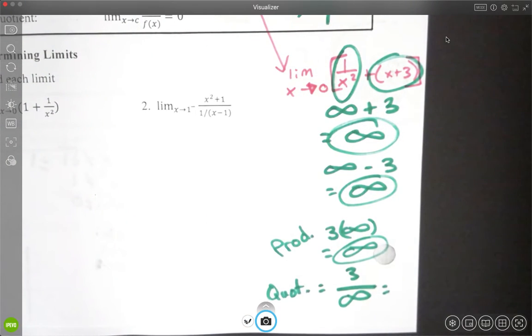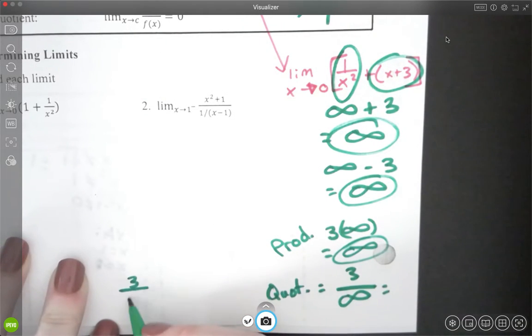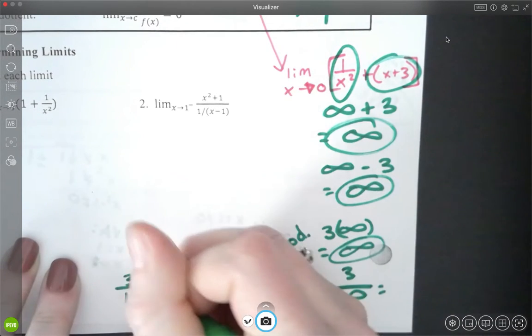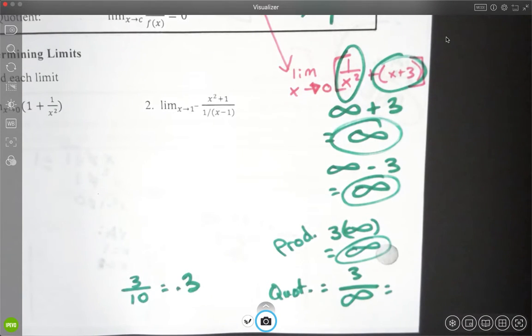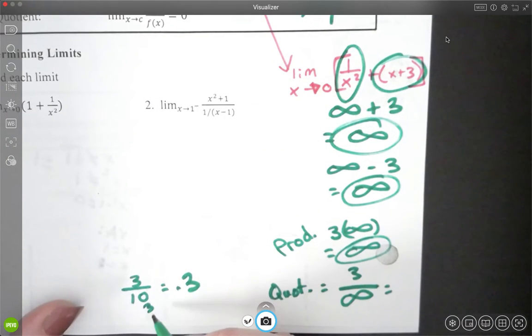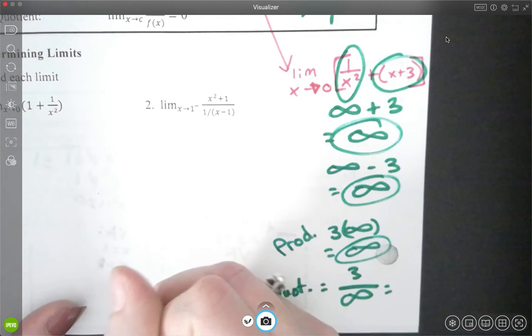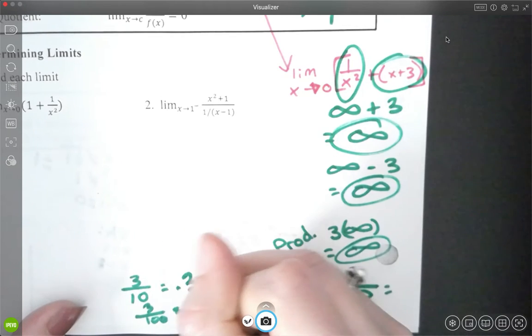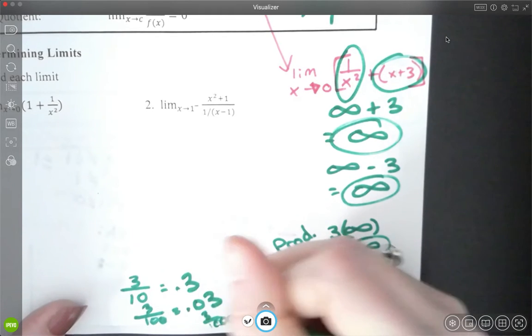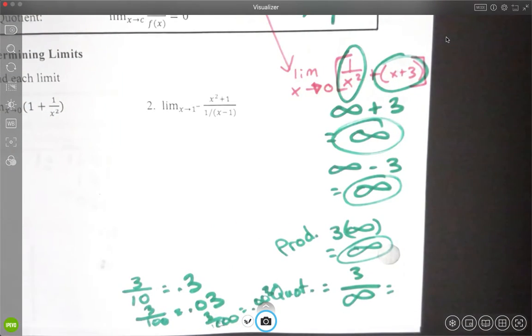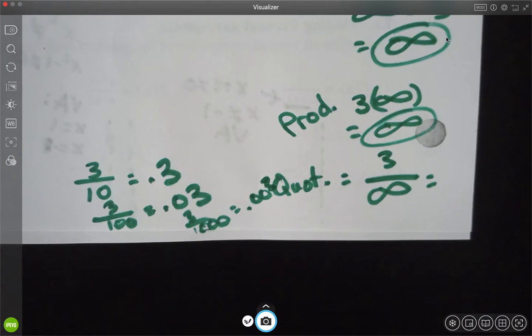Let's think about what this looks like. Let's say infinity is just the number 10. 3 divided by 10 is 0.3. 10 is not a really big number, but we're going to go toward that. Let's say instead of 10, my infinity is 100. That would be 0.03. Let's say instead it's 1,000, and that's 0.003. So if I'm taking a constant and dividing by a large number, the larger that number gets, the closer that number gets to